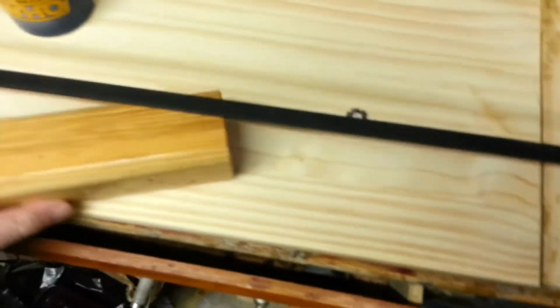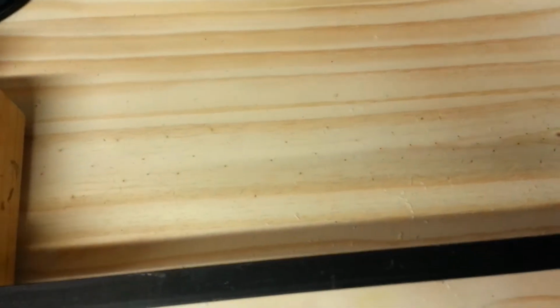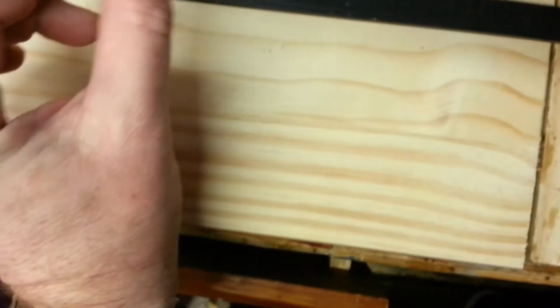I'm going to use these blocks of timber, 1 and 2, like so. Now I've already marked out where they should go. So 1, 2, and 3, 4, 5, and 6. These get pretty hot, so